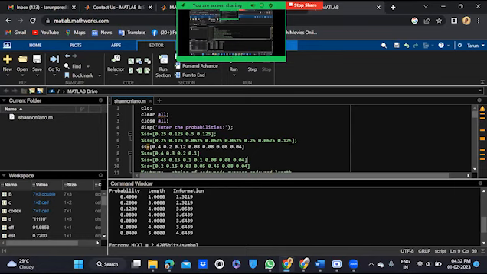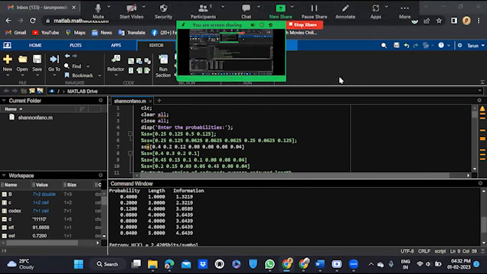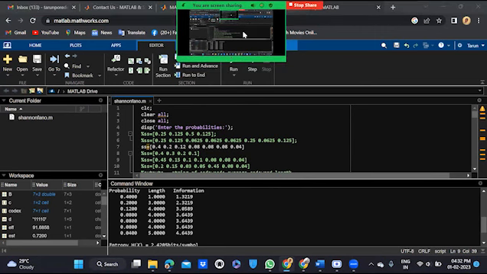Now I am here to explain about Shannon-Fano coding using MATLAB. We can do this Shannon-Fano coding in the online simulator, or we can download the software on your laptop or PC. While logging into the website, we can see the front view of the MATLAB